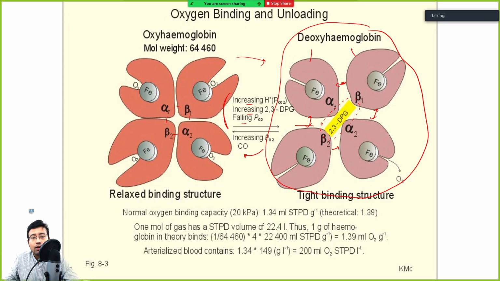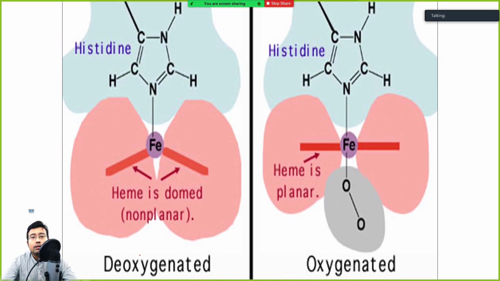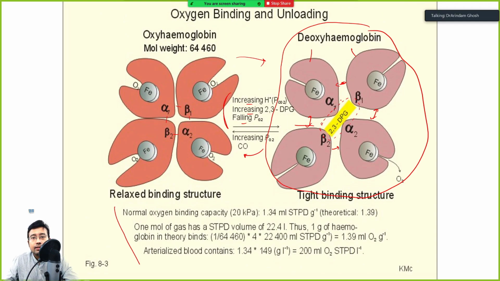And also you should ignore whatever is written over here, right? This is what happens when 2,3-BPG enters. 2,3-BPG facilitates deoxygenation, I mean, facilitates delivery of oxygen to the tissues. So once it reaches the center, oxygen molecules are delivered out. And once it goes out from the center, all the globin chains come close to each other, and it helps in oxygen loading.